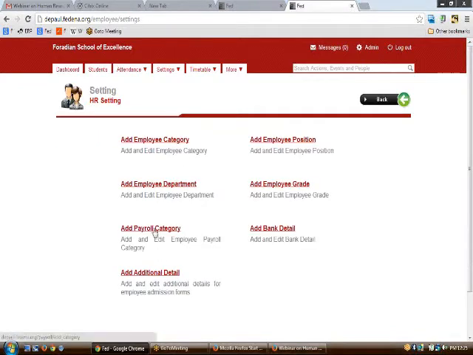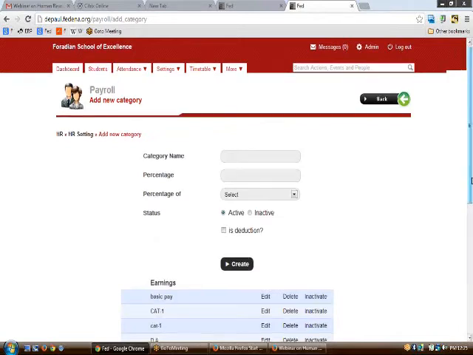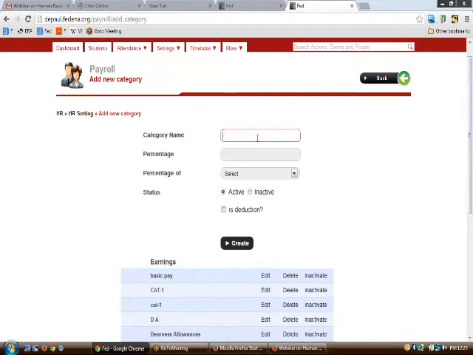Then comes add payroll category. It's very important for the HR module to have something related to the payroll category of the employees. Whenever it comes to the payroll category, you can create a common payroll category for all the employees, and whenever you need to give some special bonuses or special deductions for a particular employee, that can be done by going to the profile of each of the employees. So let us say that you have this category called